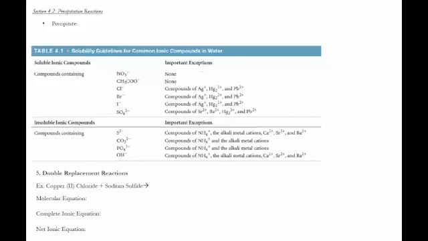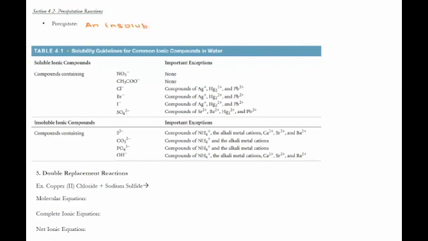So the very last type of reaction that we're going to be looking at is called a precipitation reaction, and this is actually just a double replacement reaction. And we'll look at one other type of double replacement reaction, which is acid-base reactions. So a precipitate in a precipitation reaction is an insoluble